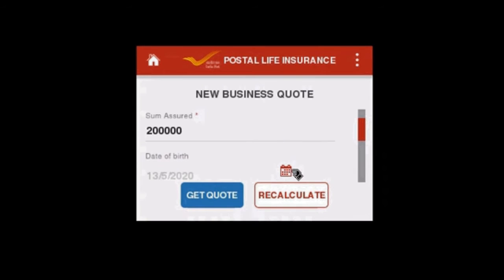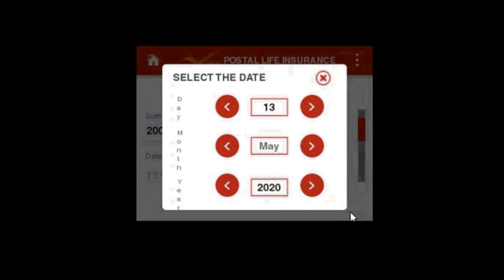Now we have to give the date of birth. Here it is today's date. So we will click this calendar symbol. Through this arrow, we can select our date.